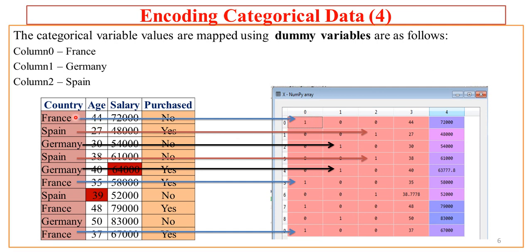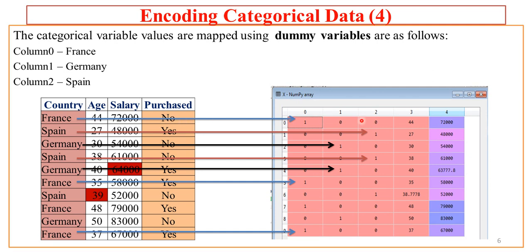The one hot encoder has created the first variable at index 0, which is mapping to France. So wherever there is an appearance of France in this country column, the first dummy variable will be assigned value 1. Here it is 1 because France is appearing in the first row. Here it is 1 because France is appearing after 5 rows, that is the 6th row. Then again France is appearing, and again here. This way the first country is mapped with the first dummy variable.